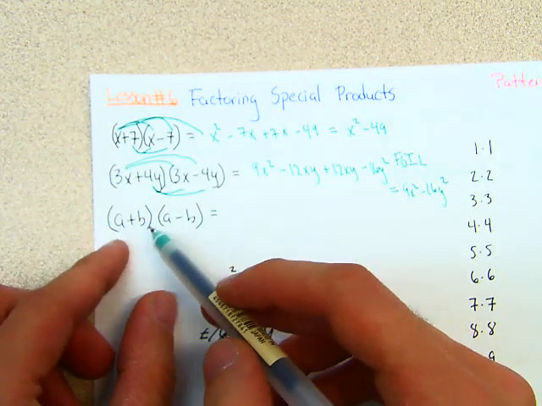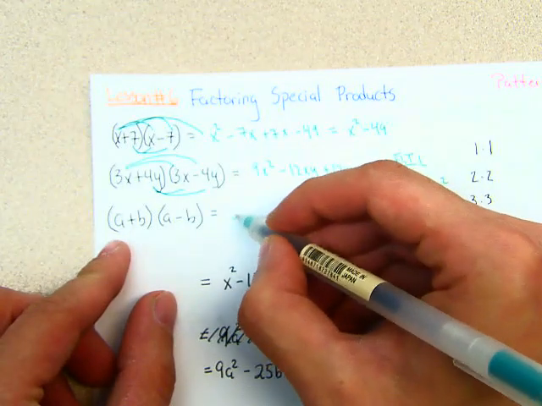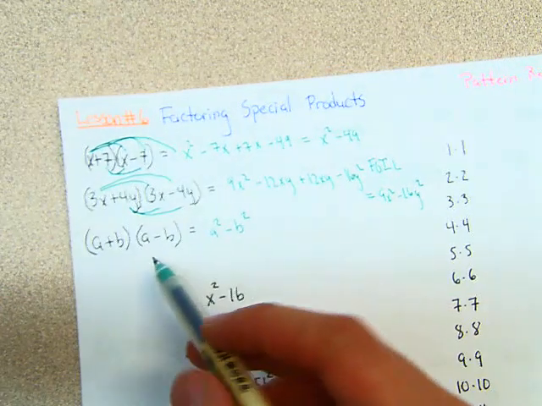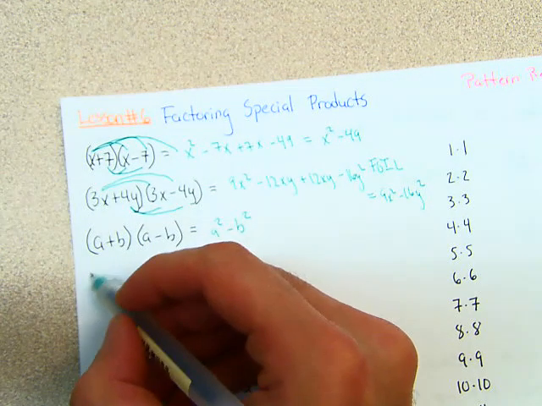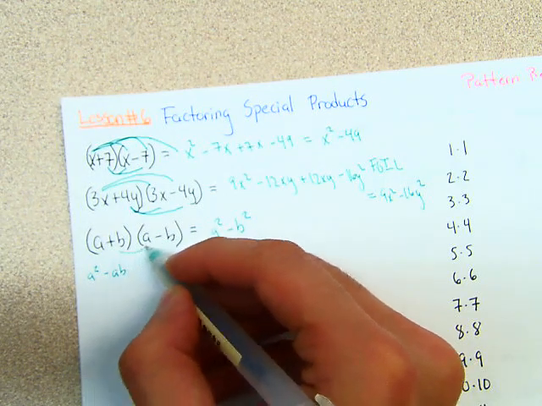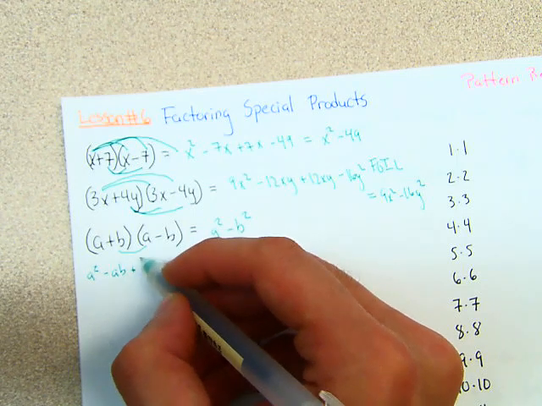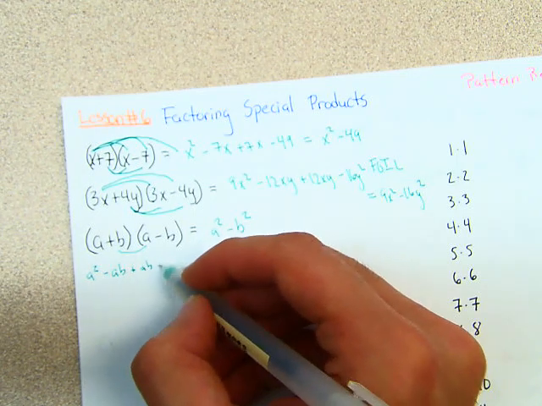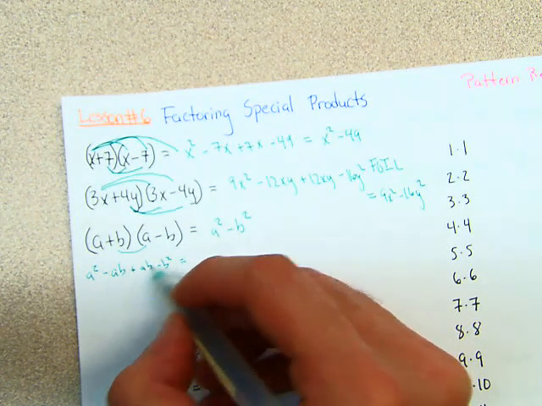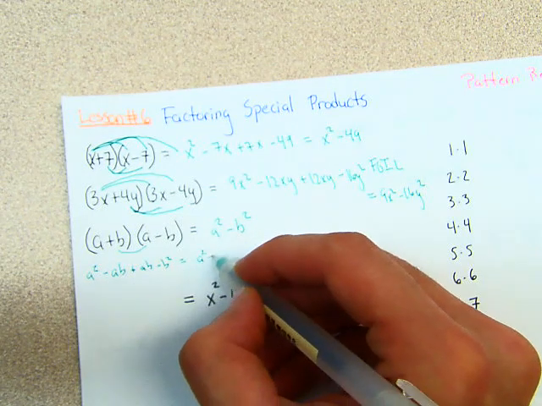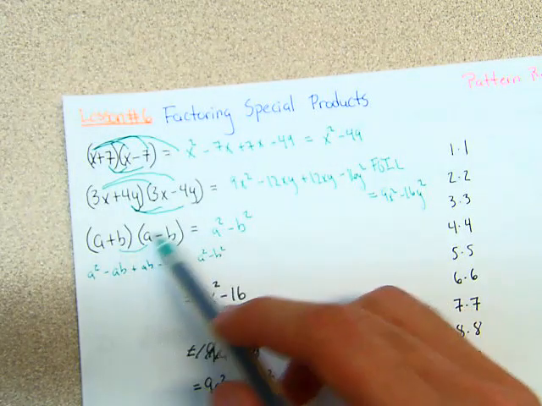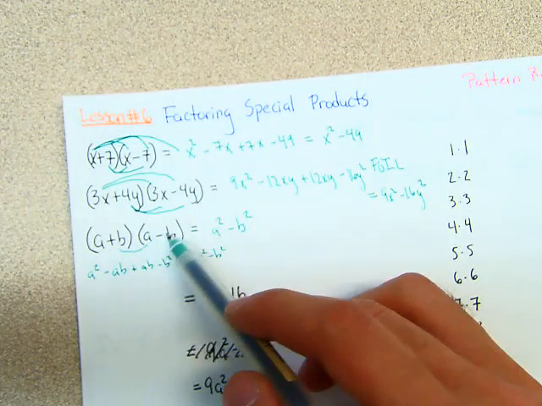This identity should be very familiar, but this identity will be a squared minus b squared, right? If you just want to see what will happen if you do the FOIL, a times a is what? A squared. A times minus b is minus ab. B times a is plus ba, but also plus ab, and that's minus b squared. So the minus ab and the ab cancel out, so you just have a squared minus b squared. This was one of our identities that we did in the beginning of the year, right? So instead of multiplying using the FOIL, once we see this,